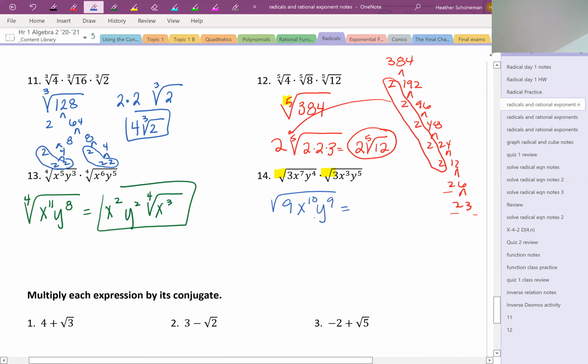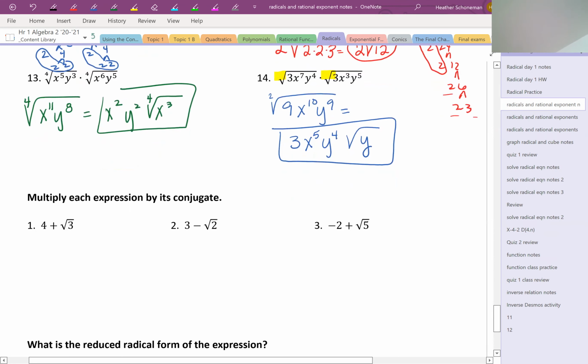Now, to get my answer, I'm going to take the square root of everything. Square root of 9 is 3. Square roots, remember, there's an invisible 2. So I'm looking to see how many groups of 2 are in 10. And there's 5 groups, so I get x to the 5th. How many groups of 2 are in 9? Well, there's 4 of them. 4 times 2 is 8, so that represents 8 of the y's. So that means there's going to be 1 left over, and that 1 left over, or the remainder, will go